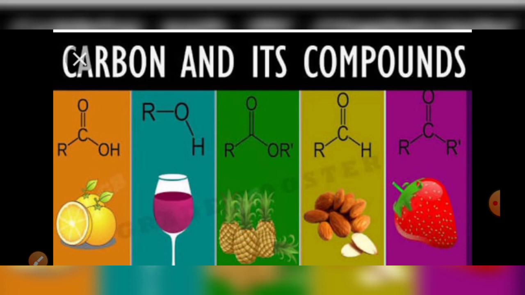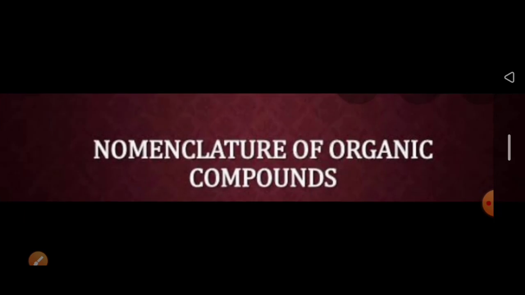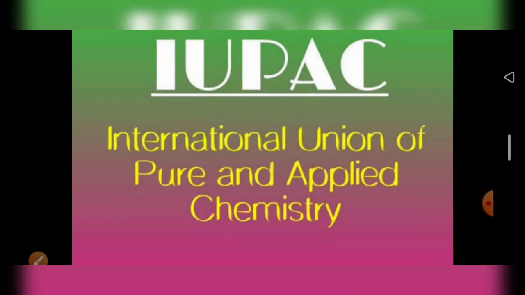You already know the rules and regulations, and you learned what the prefix and the suffix are in the previous session itself. For the nomenclature of organic compounds, you have to use the rules of the International Union of Pure and Applied Chemistry. Last session we learned about the rules of IUPAC. The same rules will be applied here. I will explain those things for all the compounds that are given in your book.